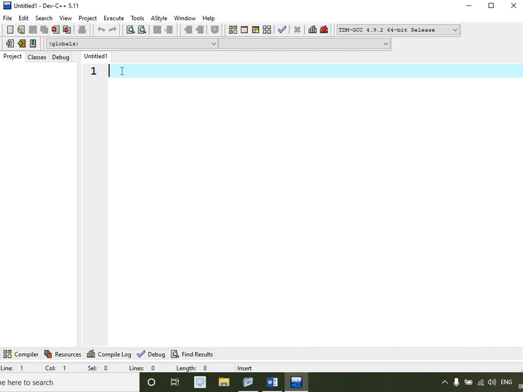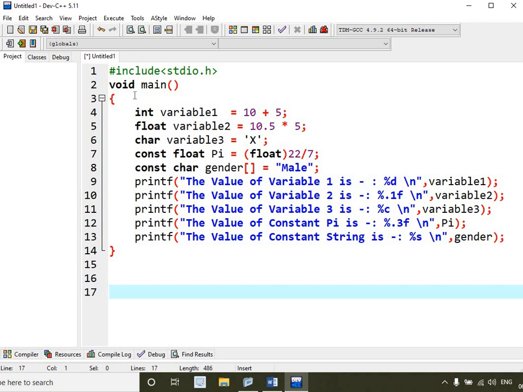For me, I have already copied this program because in my last video I was teaching this program, so I copied and pasted it. If you want, you can type this step by step using your keyboard.